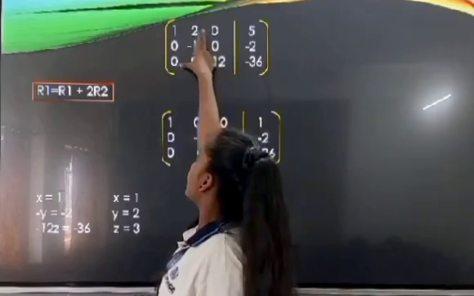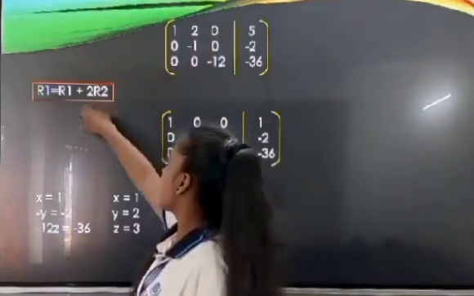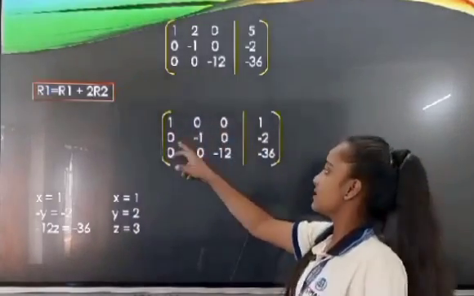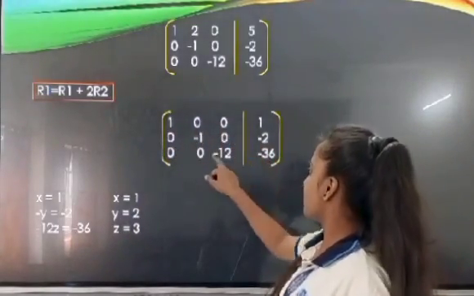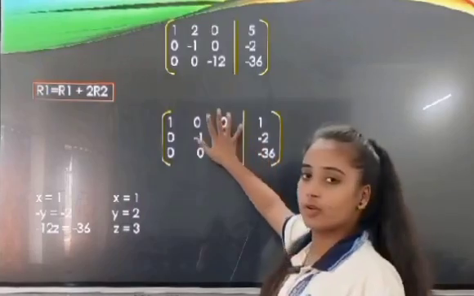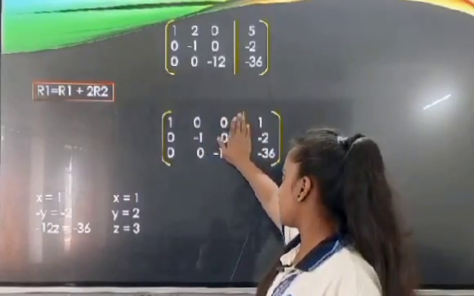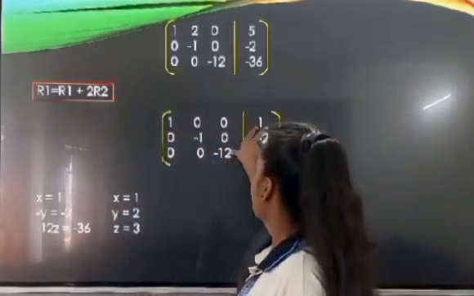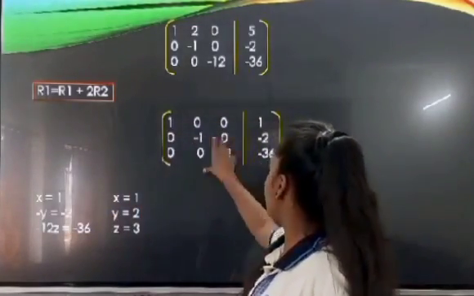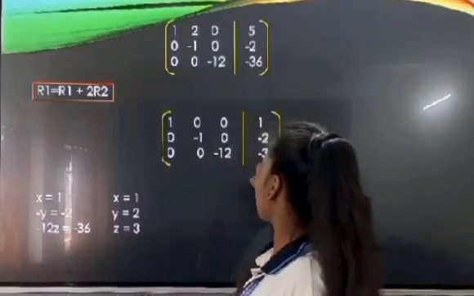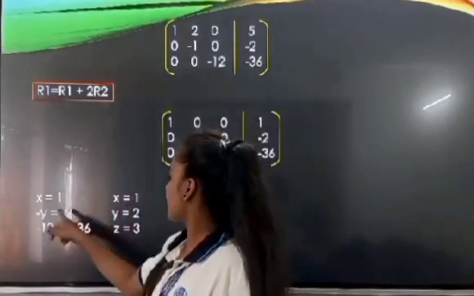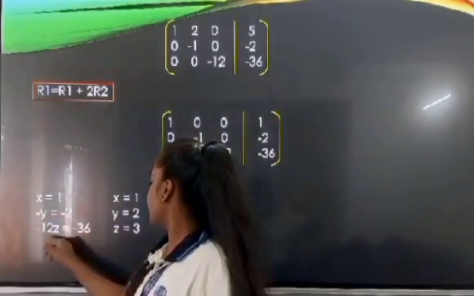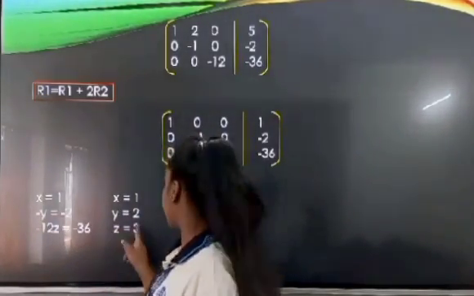And for making the entry in R1 to 0, we use R1 is equal to R1 plus 2 R2. So we get 1 0 0 1, 0 minus 1 0 minus 2, and 0 0 minus 12 minus 36. We convert the above matrix into its equation form. So here x is equal to 1, minus y is equal to minus 2, and minus 12z is equal to minus 36. So y is equal to 2 and z is equal to 36 by 12, which is 3. So we get the value